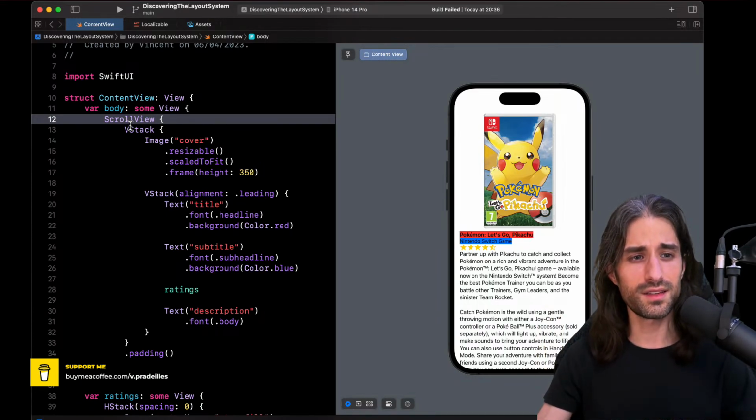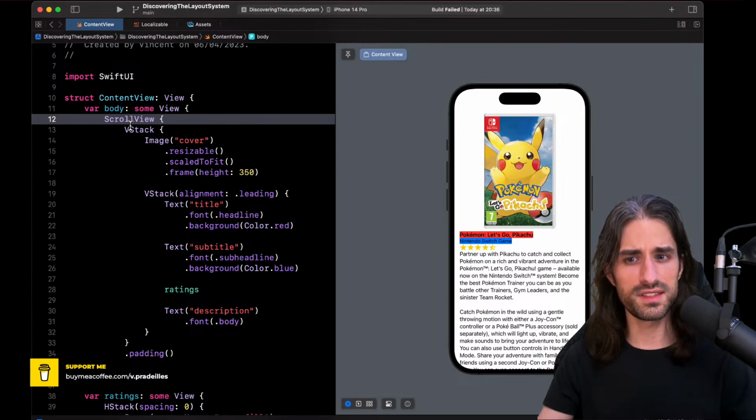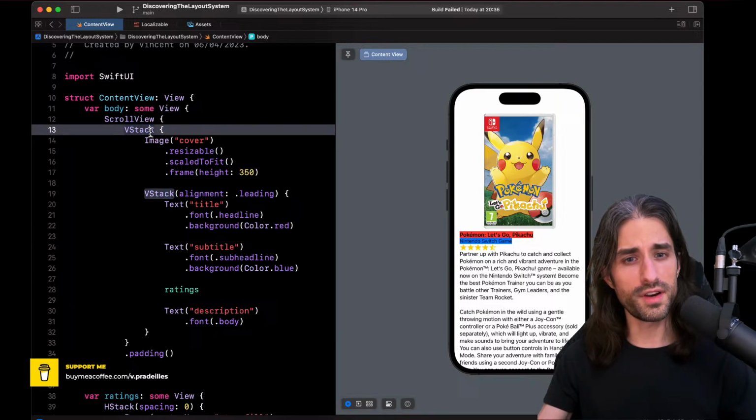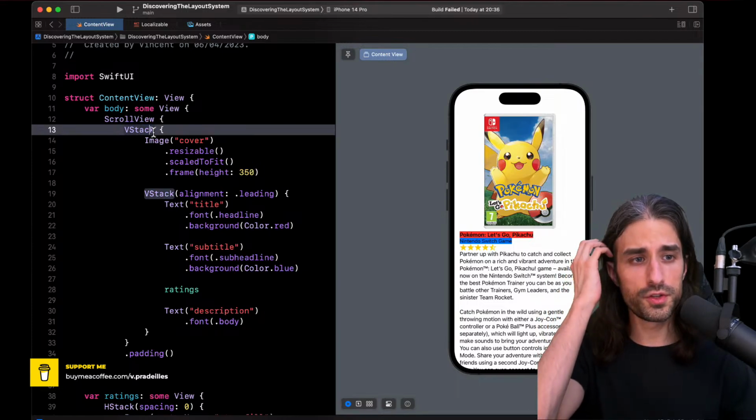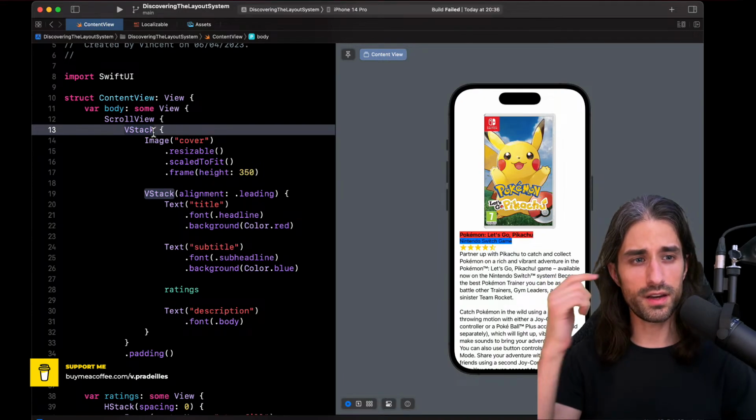Here with SwiftUI, it's super easy. And one of the reasons why it's so easy is because SwiftUI's layout system allows SwiftUI to know very easily what is the size of all the views it displays. And once it has this information, it's very easy to set up a scroll view.